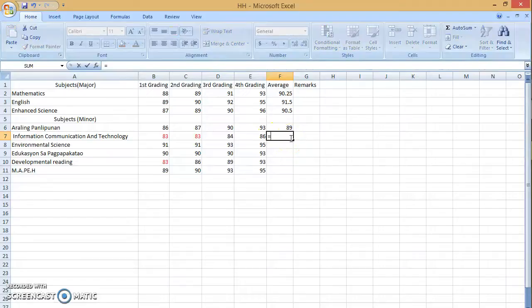And now we are just going to manually put these grades so that you can see how you do it manually.